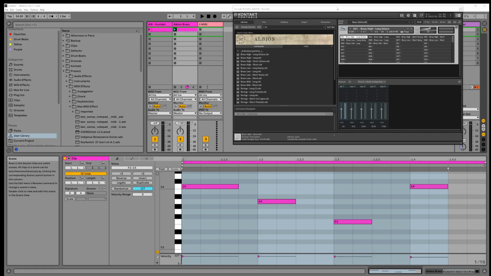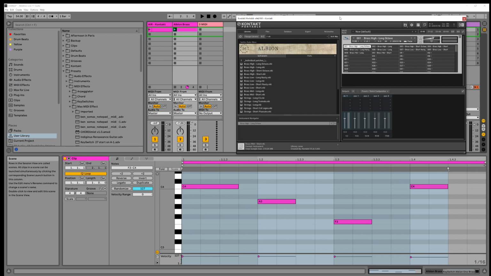Hey guys, I wanted to show you a feature I discovered with this new Max for Live device called KeySwitch and Expression Map editor. I went into some detail on how to use this thing and how useful it is if you're composing for orchestral type instruments and using big sample libraries in Kontakt. You really need some capability for doing key switching, and this is a feature that's not